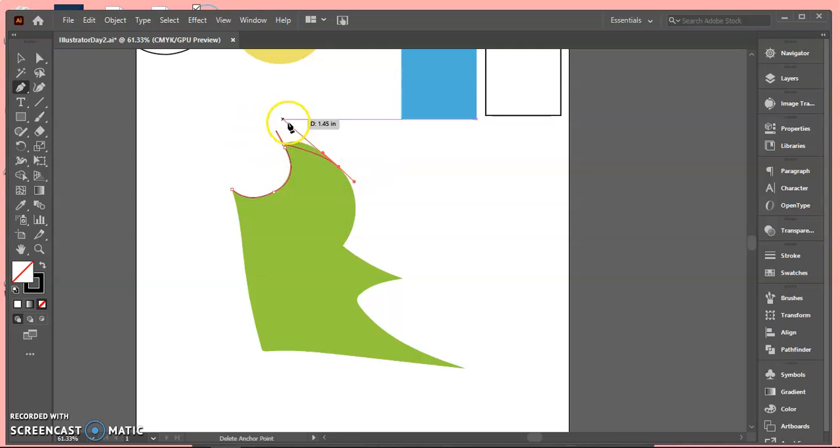Oops, you see that right there? I messed up. I didn't actually click on the right point. So watch me again. I'm going to Control-Z, Control-Z. Now I'm going to make sure I click right on that point. Okay, now I can come over here and click and hold, and I don't have that extra weird line. So click and let go, click and hold,